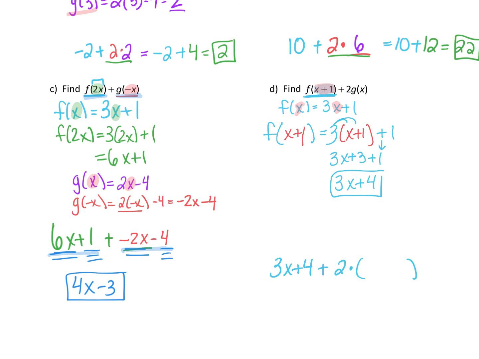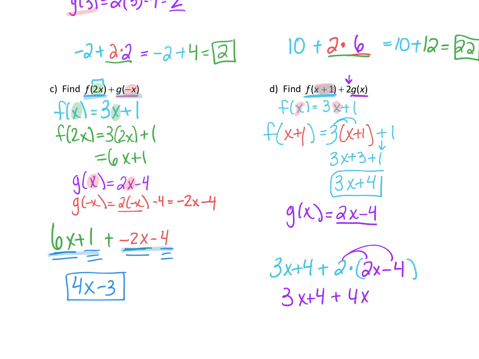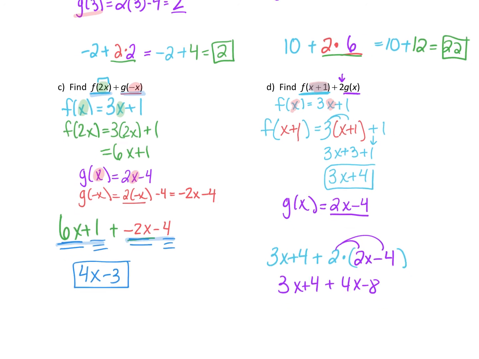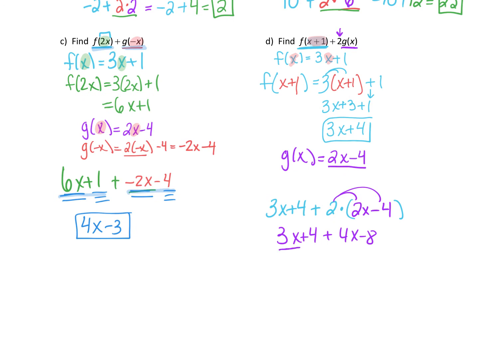So g of x from the top was 2x minus 4. So g of x is just normal. So I'm just doing 2 times g of x. So since this is what g of x is equal to, I'm going to do 2 times g of x. So I'm going to end up with 3x plus 4 plus 4x minus 8. Now again, I can combine like terms. So 3x and 4x would give me 7x. 4 and negative 8 would give me negative